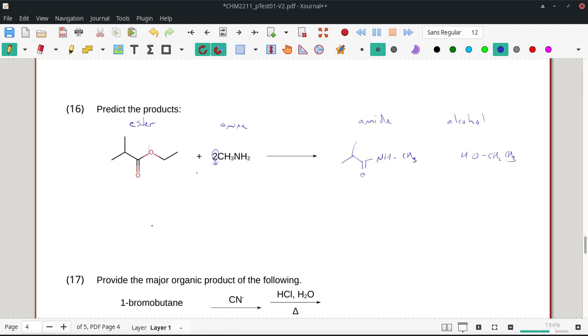All right, but then to see what's going on, I was going to go ahead and do the mechanism, and that will show us where that second NH2, or that second amine, comes in. So to see this whole thing in nice and big pictures, we're going to do the mechanism. I'm going to go straight down, but the very first thing that's going to happen is I'm going to have that lone pair on that nitrogen do a backside attack to our carbonyl,